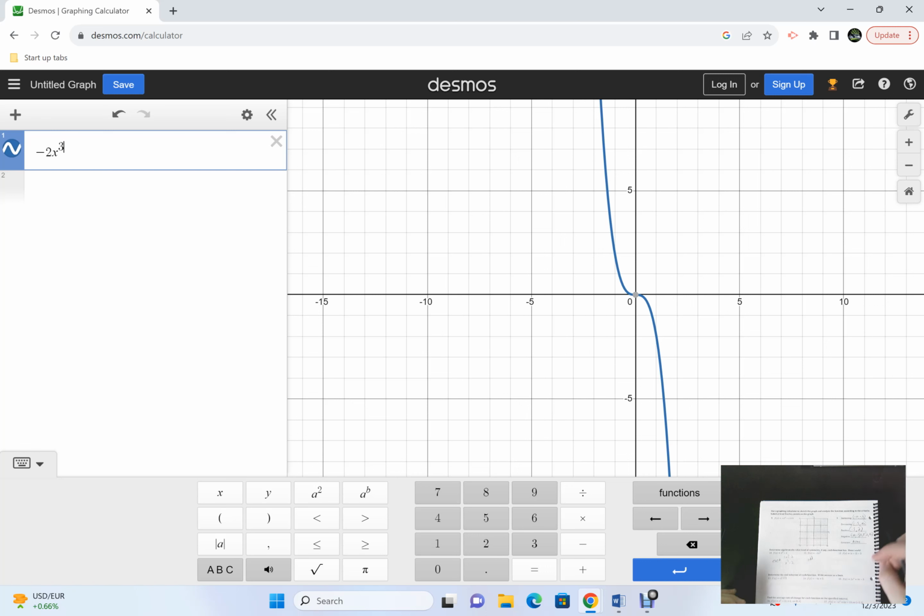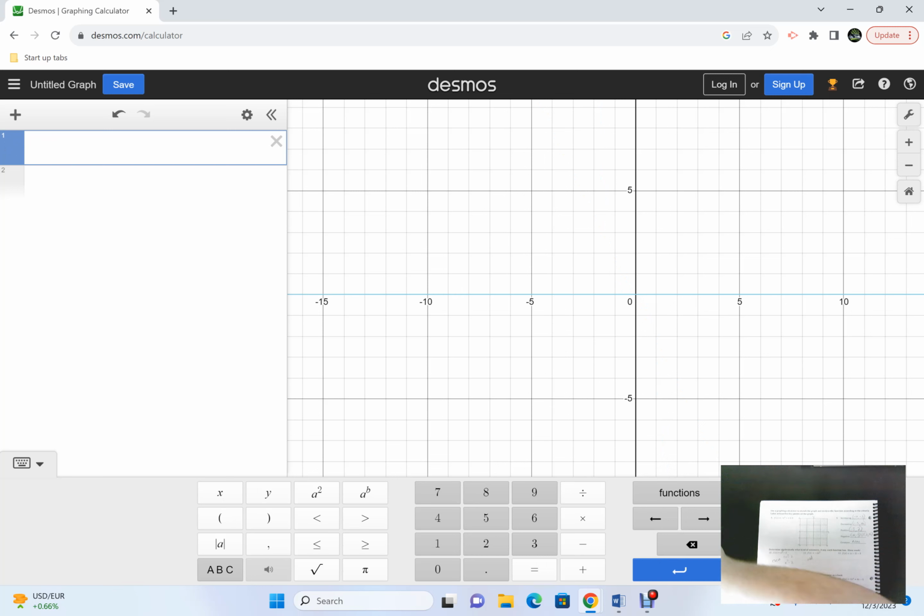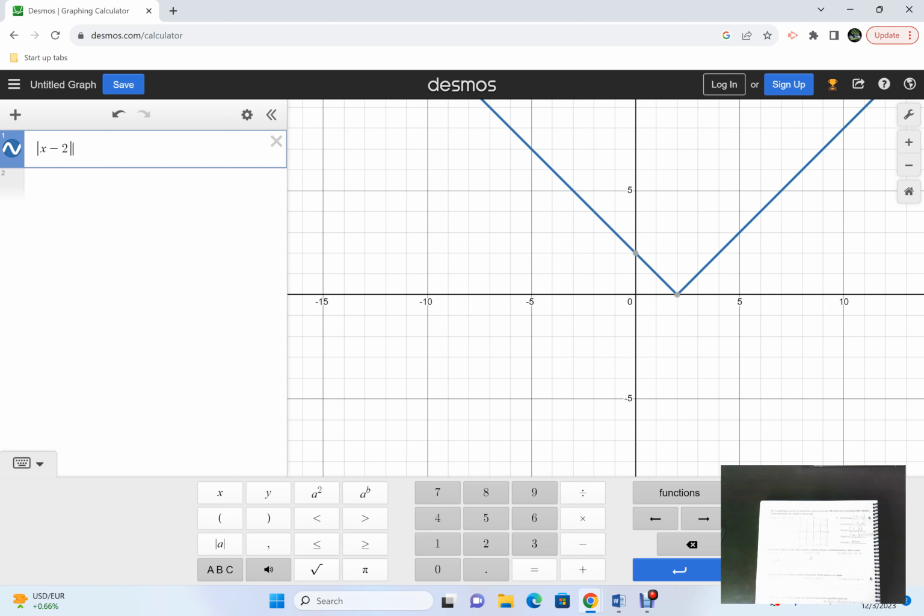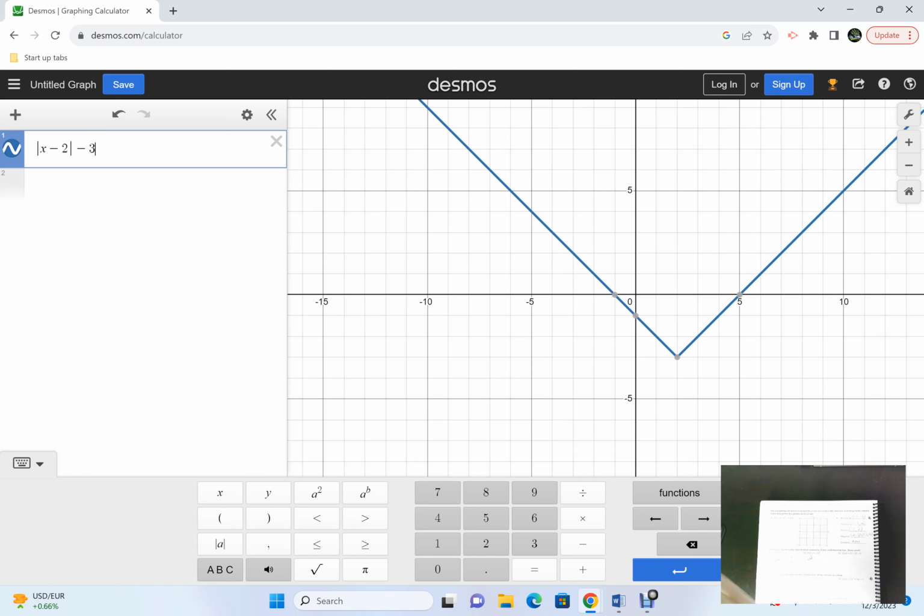And then neither is not really symmetrical across the y-axis or the origin, which is what this would be. So if I did the absolute value, because there's a horizontal and vertical shift here, the absolute value of x minus 2, it's more the horizontal shift that messes this one up, and then plus or minus 3. Okay, if this had been on the y-axis, like right here, it would have been an even symmetry, but because of this horizontal shift, it's not symmetrical across the y-axis, and it's obviously not symmetrical across the origin. So that's a neither on that one. Okay,